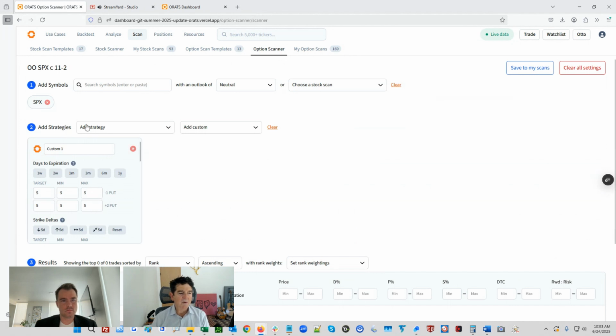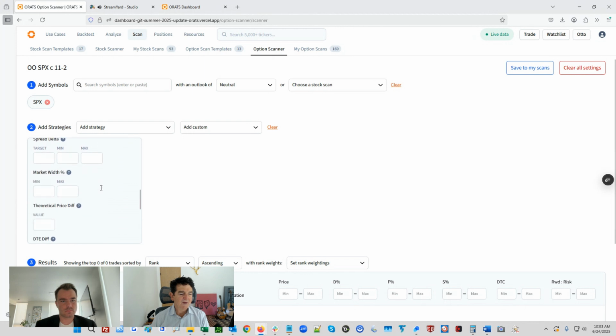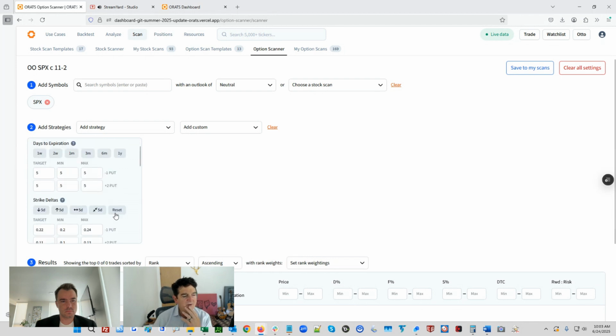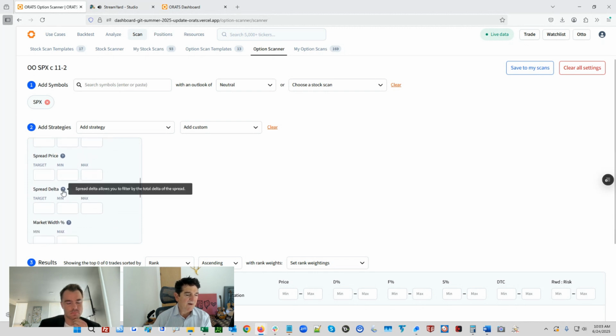I have, I think this is named incorrectly, but this is just a typical 1x2 put spread, and then I have various deltas. And I didn't need to make any settings, but if you go below, you can set different variables. Like you can set how much you want to pay for this particular strategy in terms of the stock price, so it's a handy tool, or just an absolute amount you want to pay, or the delta that you want